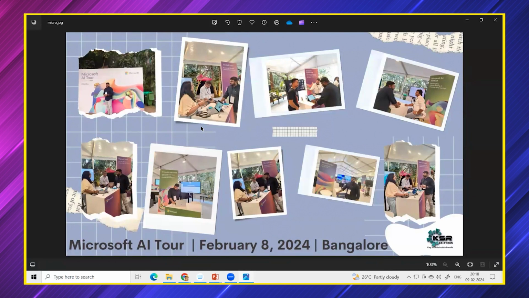We are already getting to know what is the next thing that is coming. We know Fabric is updated, but what are the next steps? Everything we are aware of, so we never miss anything related to updates. If this class had been taken yesterday, I would not have told you this. This happened yesterday, February 8th, and today it's February 9th. So yesterday it happened, and today we are able to showcase this. That means we are almost in constant touch with Microsoft. Whatever is happening, we are keeping in touch.